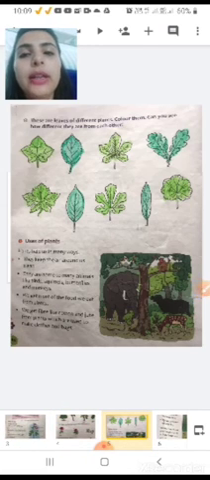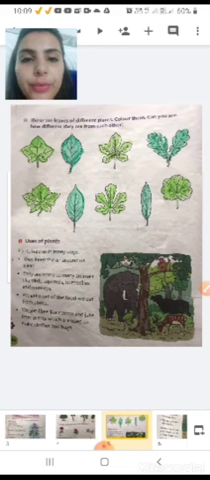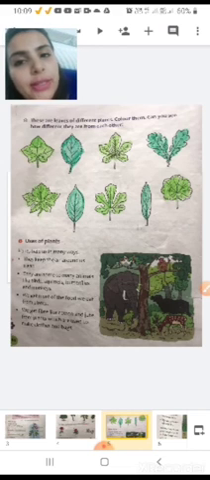See, there are some leaves given on your page. You have to color these leaves like this. These are the leaves of different plants. Color them. Can you see how different they are from each other? You have to color these plants, and you have to see all the